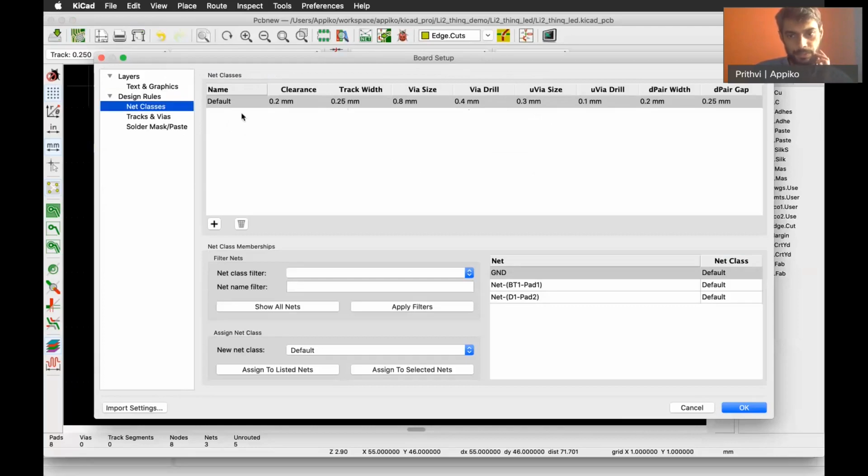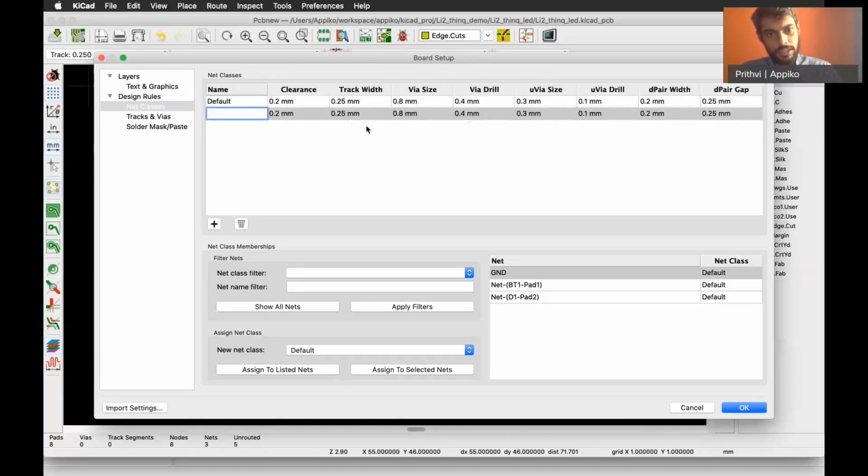We can make a new net class, let's say power, and we can make it here. The track clearance is 3 mm and track width is 0.5 mm, and via size, let's make it 1 mm with the same drill size.